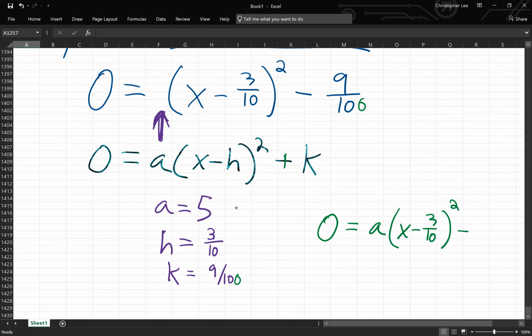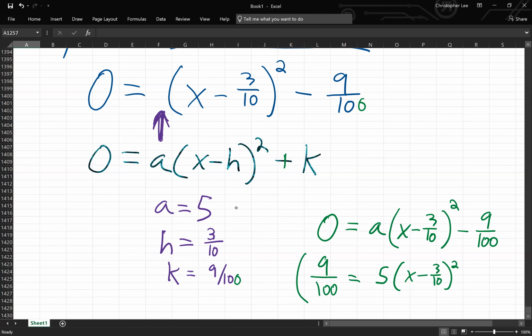So let's think of it like this, right? If I put the 9/100 on the other side, is equal to the A times the X minus 3/10 squared, right? If I wanted to plug in the 5 right here for A, in other words, to multiply by 5, right? What I do to one side of the equation, I do to the other side of the equation, right? So this would be like 5/1. So now, right,